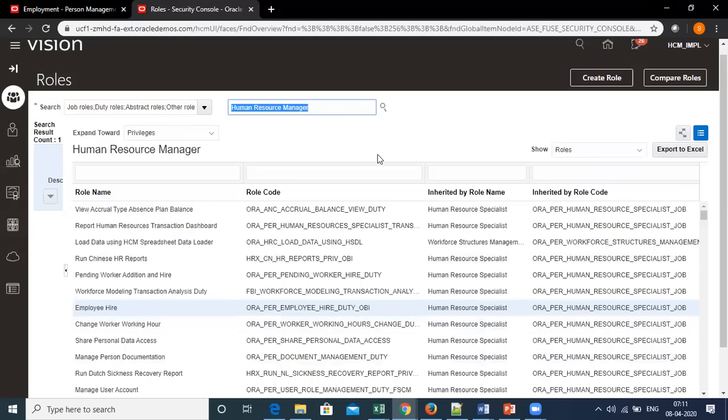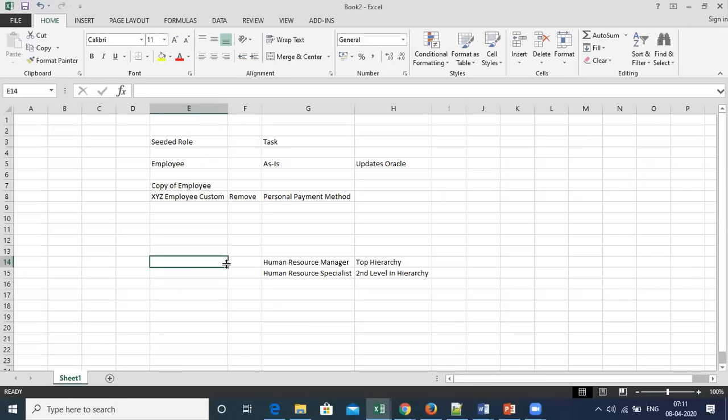It means that a global HR, as the name suggests, the HR manager will have human resource manager role.